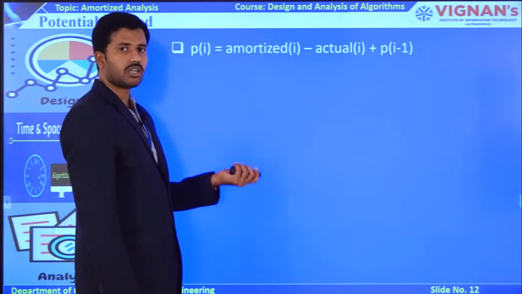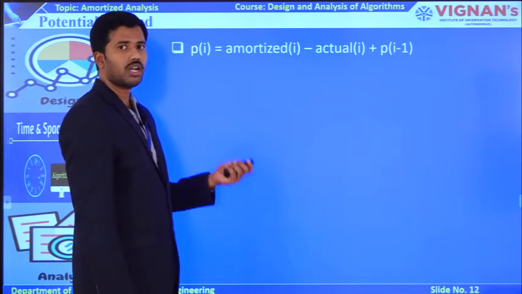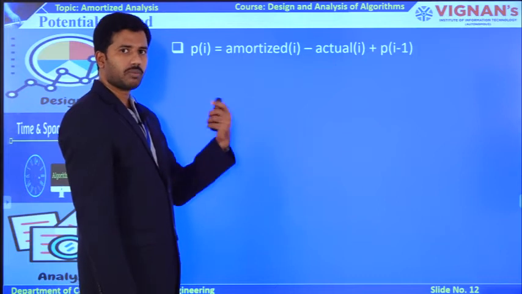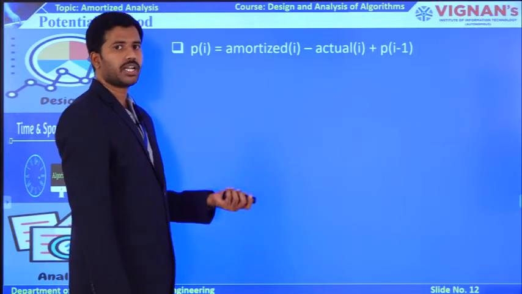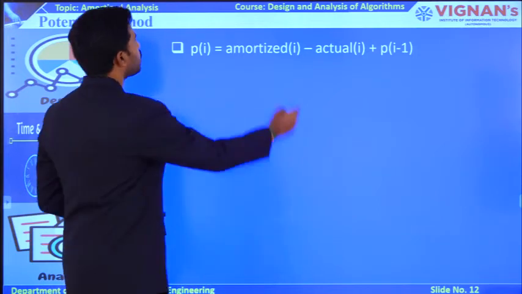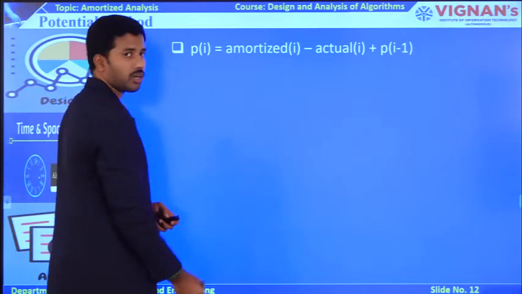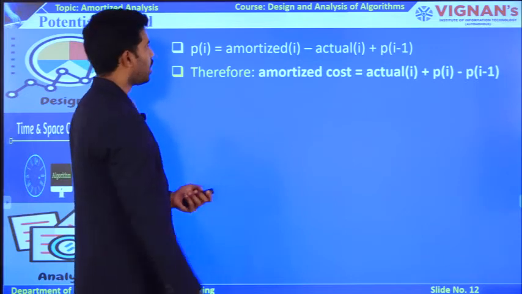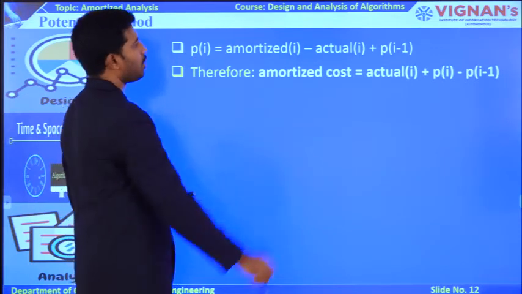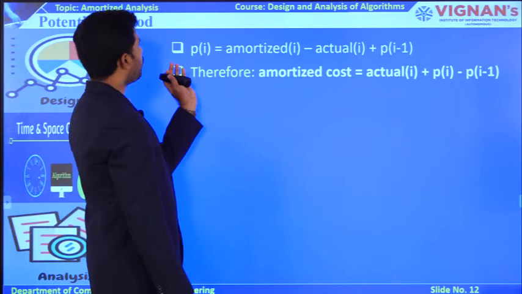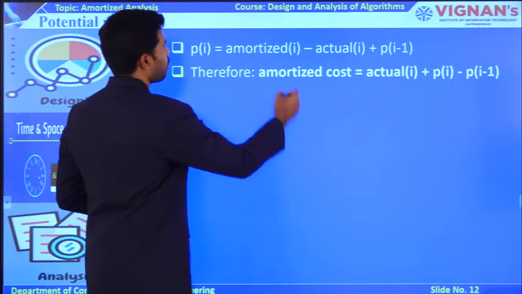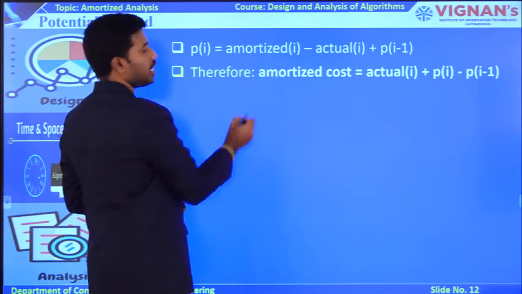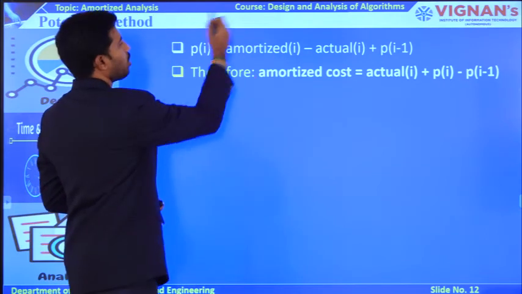So what is the amortized cost you got for the aggregate method? 75, right? Now I am going to recheck whether, based on the potential function, I get 75 or not. So you try to convert this RHS part of amortized I into LHS, so that my equation looks like this. Okay. So ultimately the P of I will be moved to the RHS part. So my formula looks like this. Simply I am moving amortized I to LHS and P of I to RHS.